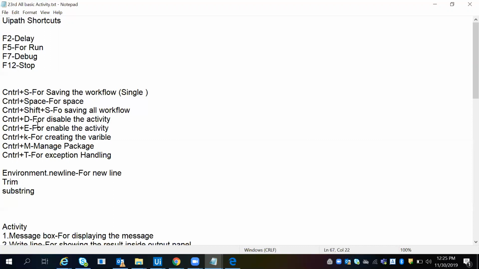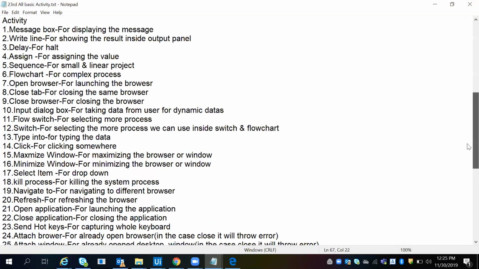Control T for exception handling, Control M I already told you for manage packages. So these are the shortcuts of UiPath. Every time you have to go through these shortcuts, and after that we'll start the activity.